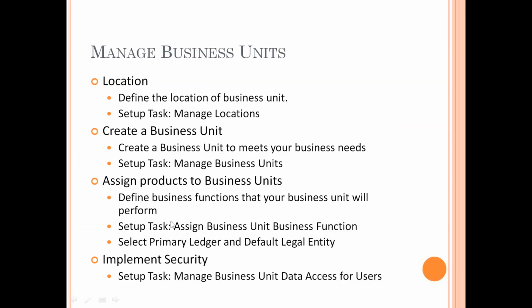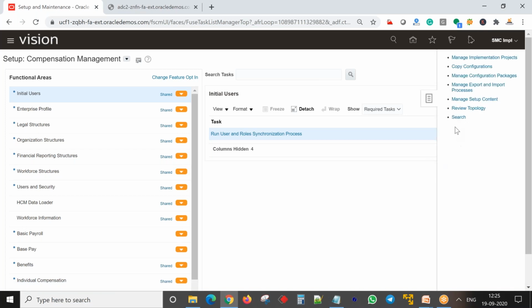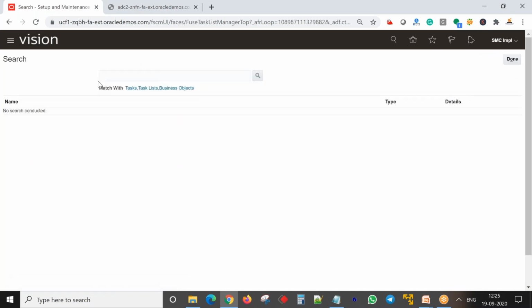So that is the task. The task is assign business unit business function, and this is where you would be able to select what all products you wish to use. So again, Anup, let's go to search and first see. But again, typically there would be an issue with that.